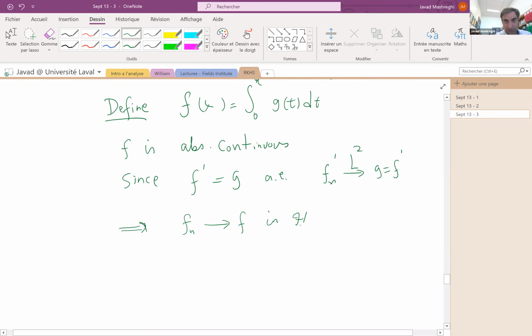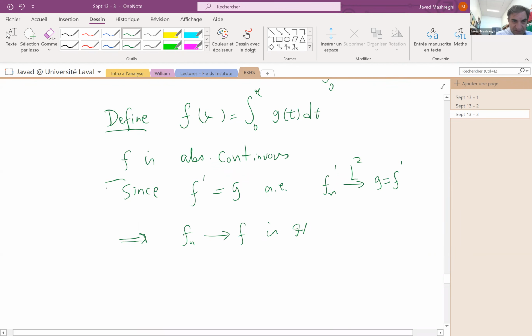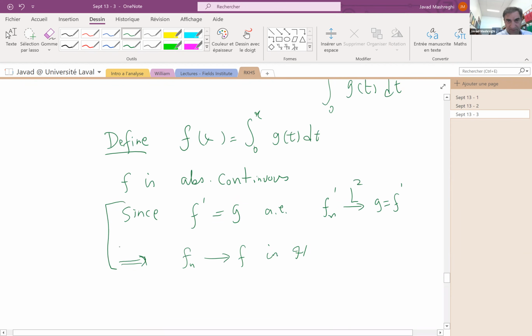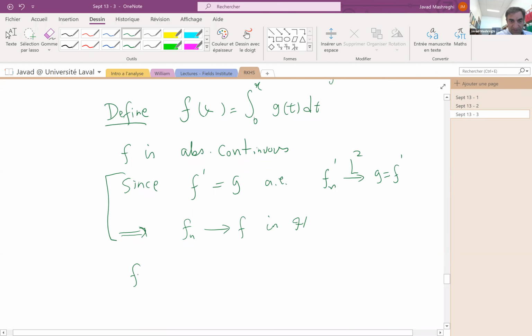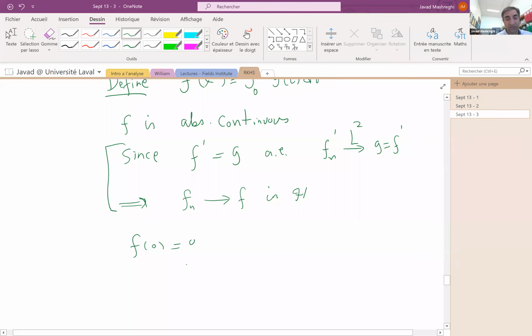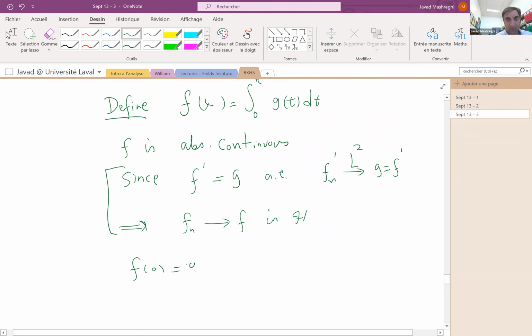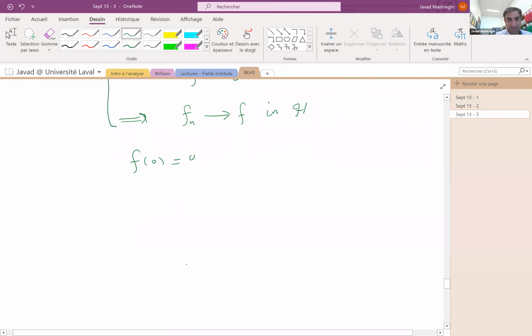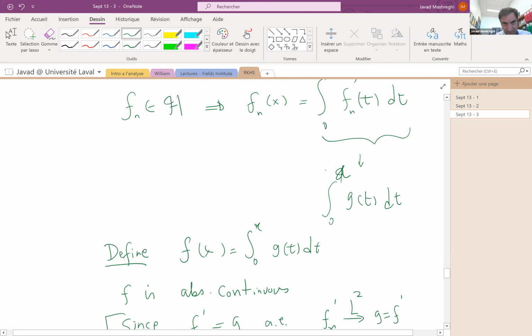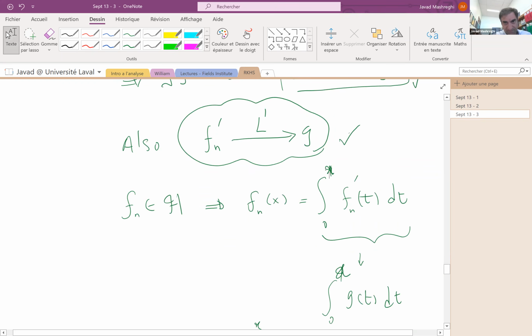Before this, I have to verify two things. Indeed, it has to come before this, but they are rather elementary. By definition, f of 0 is equal to 0, just to make sure that we are really in H. And also, why is f of 1 equal to 1? Because f of 1 is equal to the integral from 0 to 1 of g of t dt. There is no indication that this is 0, but if you go back again and look at this,